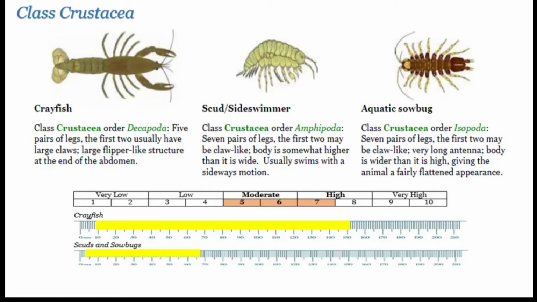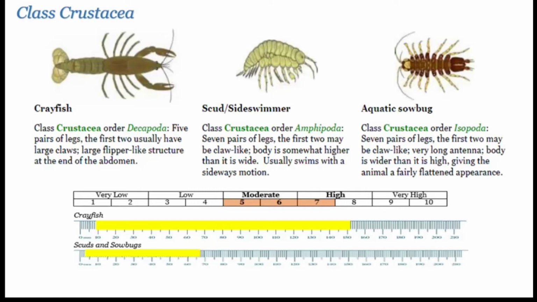Most people, as kids, always collected crayfish. They look like a little lobster. They have 10 legs, and they have little flipper-like things on the end of their abdomen, and a couple of their legs often have large claws on them. The scuds and the side swimmers look like a little shrimp. They have a few more legs than the crayfish, and they tend to have a sideways appearance, which is why they're commonly called side swimmers. Really quick movers in the pan, and typically they're not going to be found in riffles as much as other ones. They'll be more related to vegetation and rotting logs and leaves and things like that.